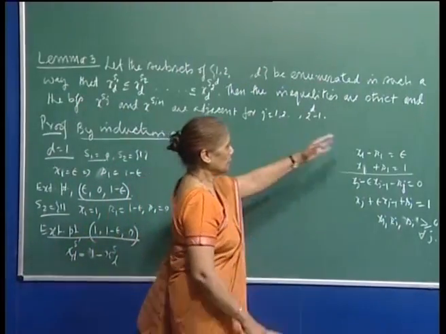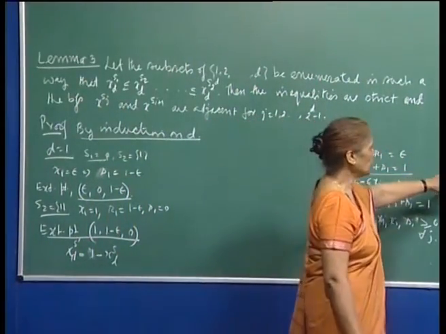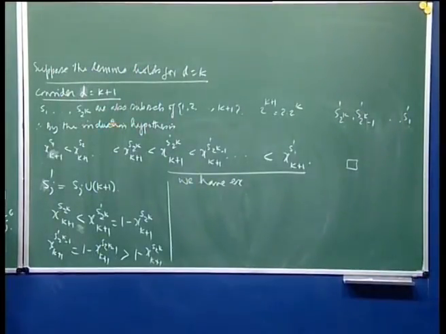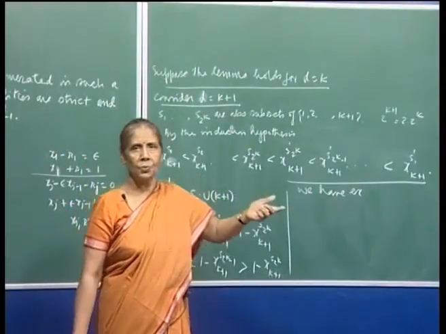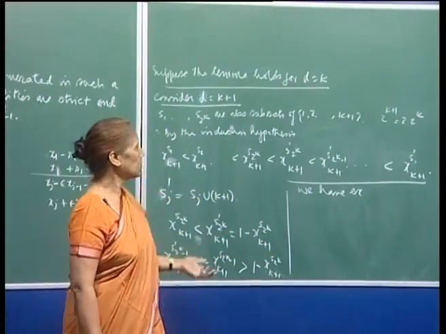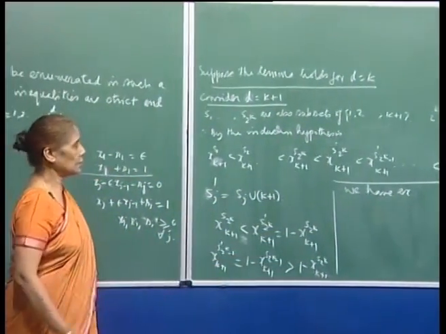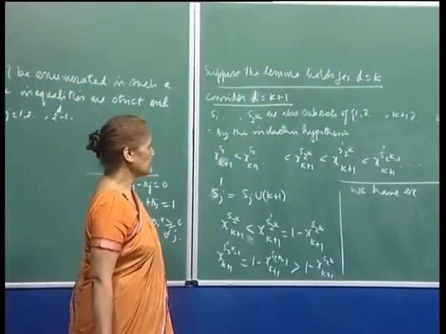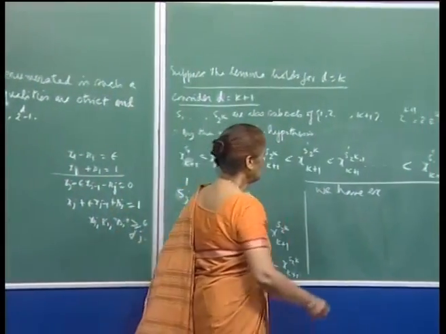I needed to show you that if the ordering of the subset is there for d equal to k, then it is there for d equal to k plus 1, and already I have shown you that you can order them for d equal to 1. So, therefore, by induction hypothesis, the lemma is over,